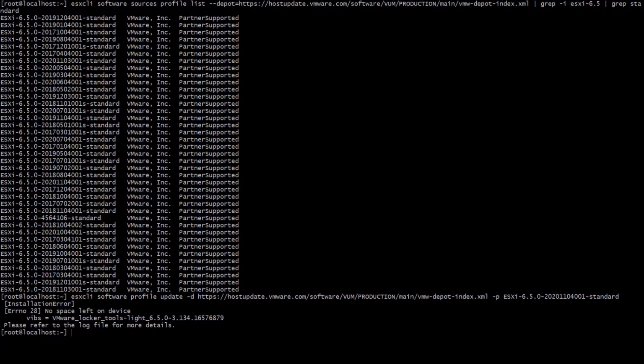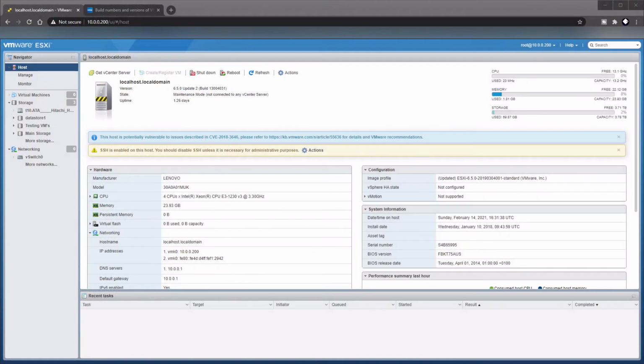So as you see here, it finally came back, and what we've got is an error saying there's no space left on the device. And from what I understand, this is basically ESXi doesn't have permissions to be able to write the update file to anywhere, like temporary or anything like that, to be able to update and install the update software. So what we're going to do is quickly flick back over to ESXi,